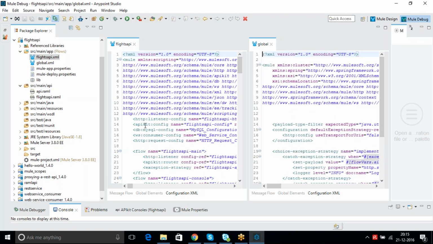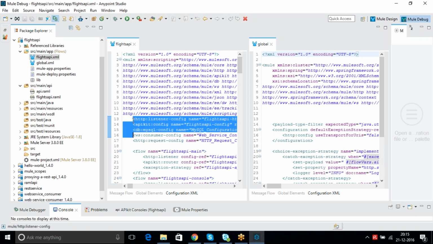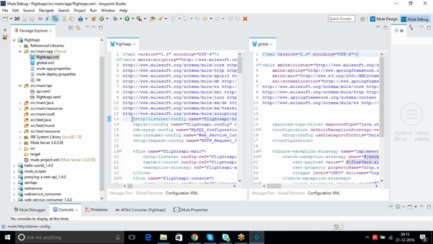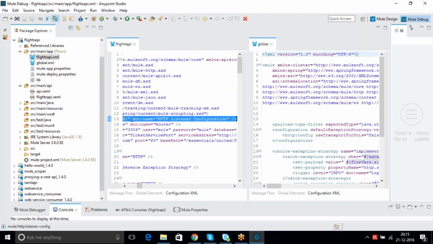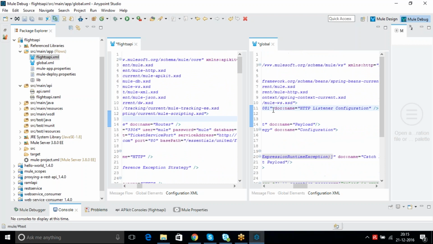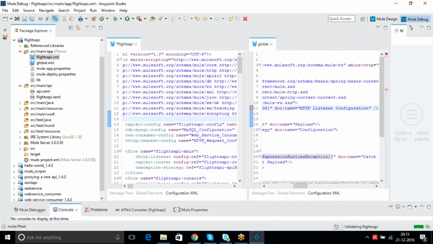So these are the configurations. Let's move them one by one. Control X, Control V. Okay, and what is this one?